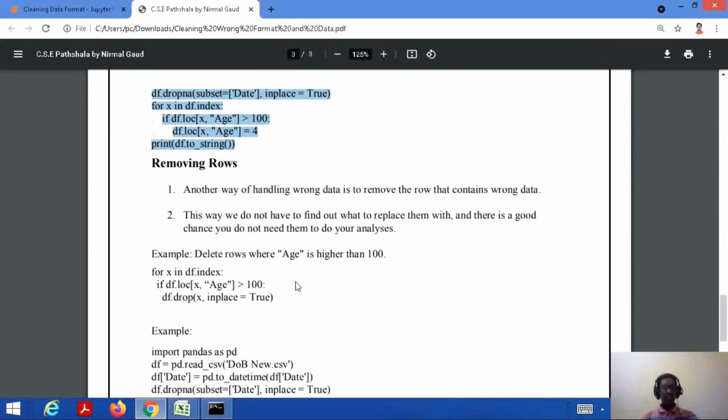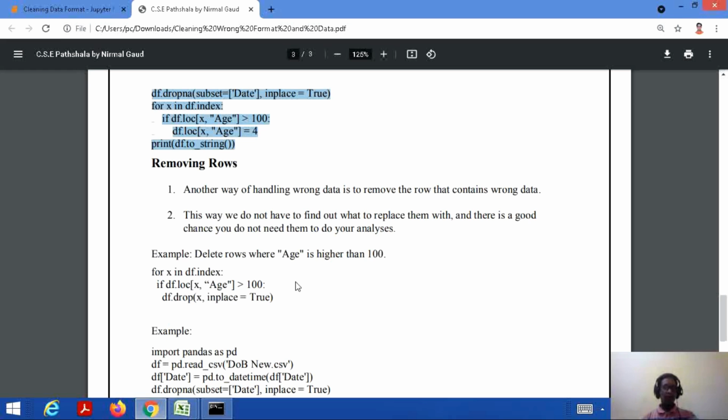So the next thing is, now if you want to remove the rows, so if there is a large amount of data which has been wrongly inserted in the data frame or the table, we cannot just drop it row by row. It's better we again use the same thing, that is the for loop, to delete all the data which is wrong in a large data set.